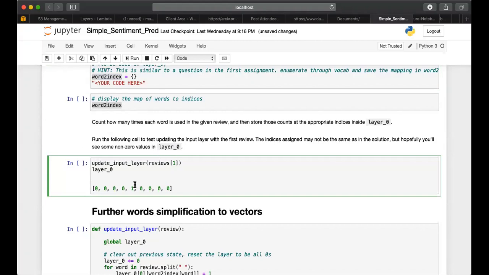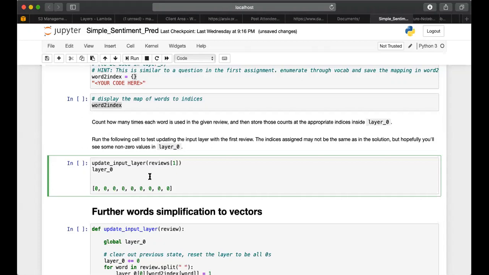So let's say index 0 in our words-to-index dictionary means good. Let's say index 0 means good, index 3 means bad, and index 4 means D.